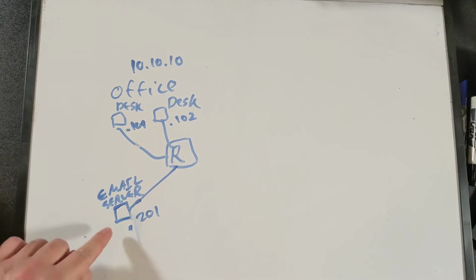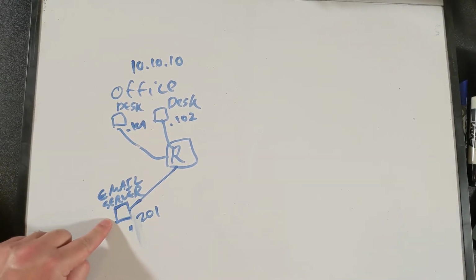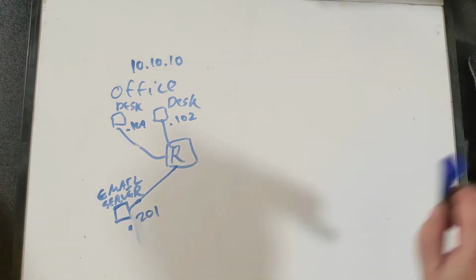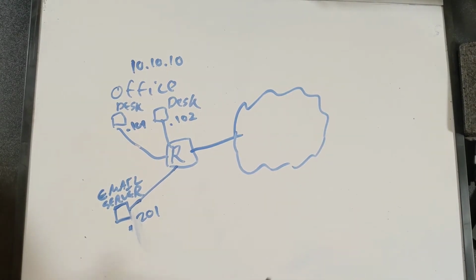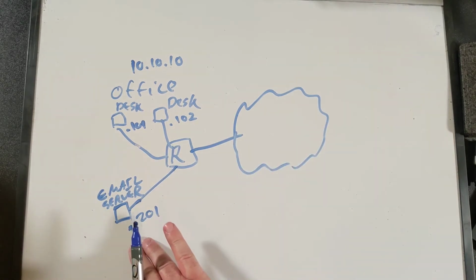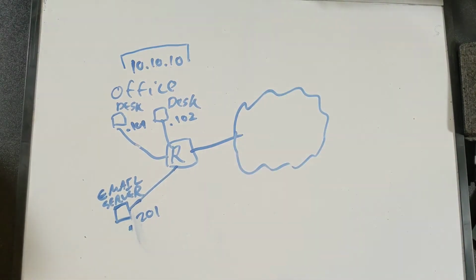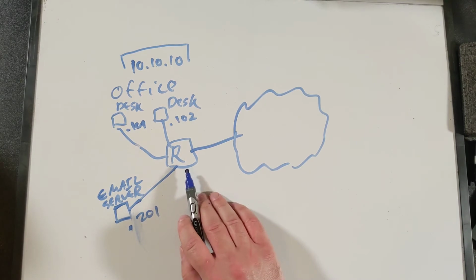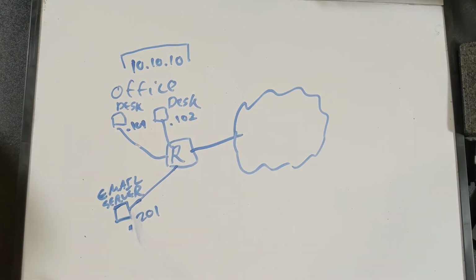This sort of setup of having servers locally on the private network has a couple of advantages, but one really obvious one is a security advantage. We can set it up so that this email server only accepts requests from the private network. So even as we go ahead and connect our network out to the public internet here, we don't really have to worry about requests from people in the public internet who aren't supposed to be able to access our email server going to the email server, because we can tell the email server that it should only accept requests coming from people on the 10.10.10 private network. And we can even tell the router that it shouldn't pass requests to the email server unless they're coming from the 10.10.10 private network. If you're not in the office, you don't need to talk to the email server.